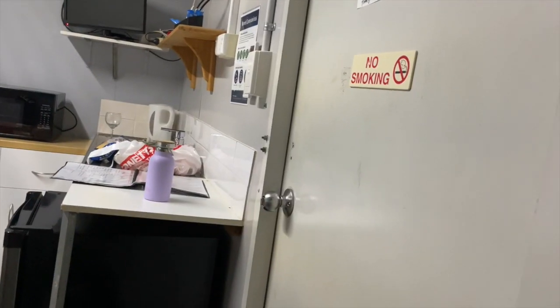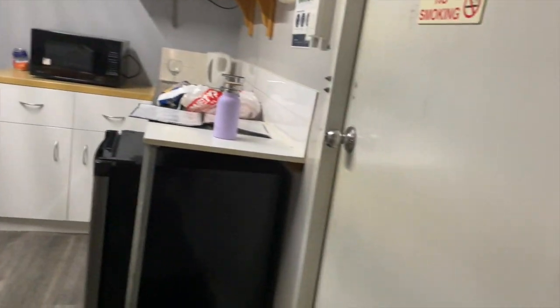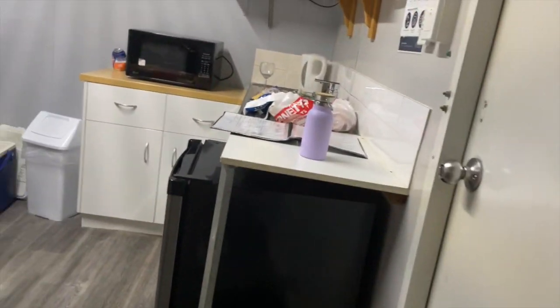But yeah, as of right now, I'm going to switch the camera around and give you guys a little tour of our little cabin here. Alright, so here is the front door. There's actually two doors to get into here, which is really random. It's quite a big cabin. So here's one of the front doors. And then this is the little kitchen area. So we've got a fridge,